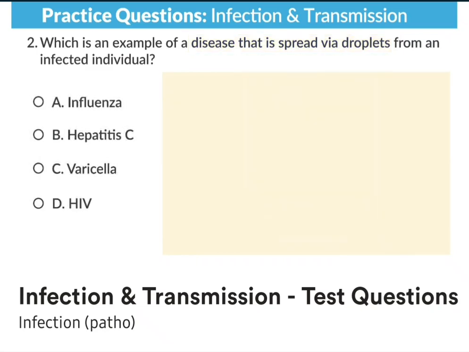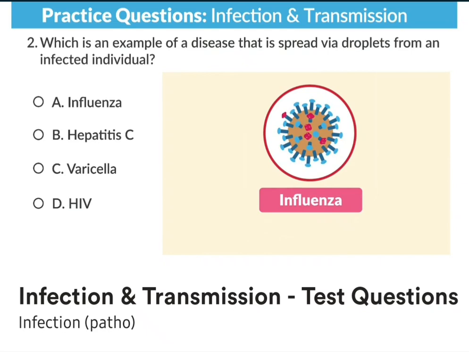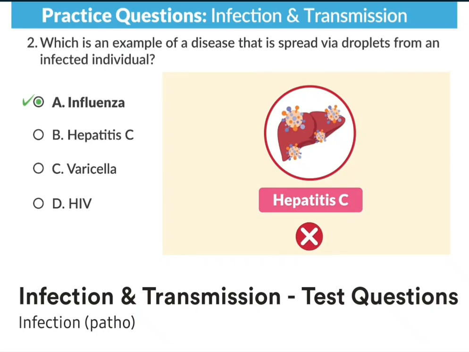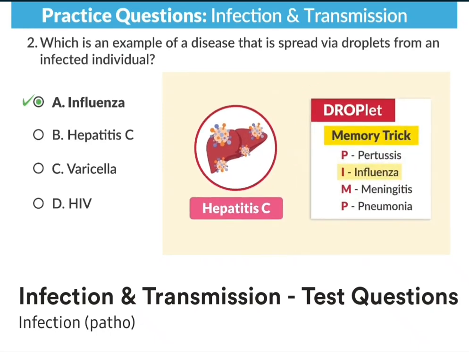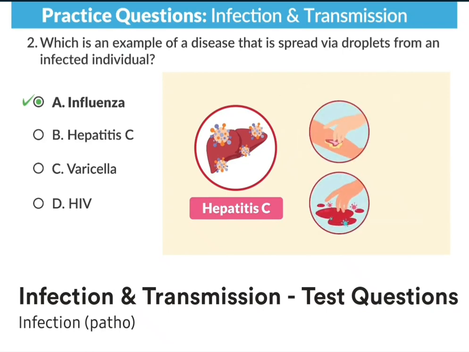Now let's look at the options. Option A, influenza is the most correct. Remember, the I in PIMP is for influenza. It's spread via droplet. Now, option B is incorrect because hepatitis C is not spread via droplet. So remember, the C in hepatitis C is from contact with blood of the infected person, so it cannot be